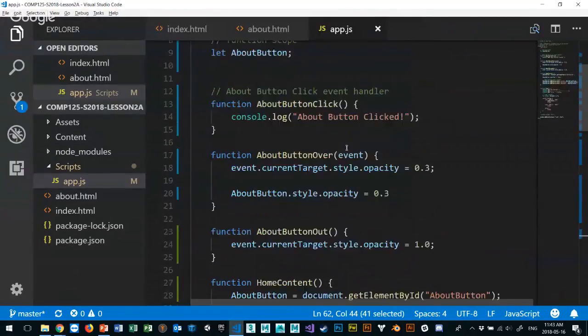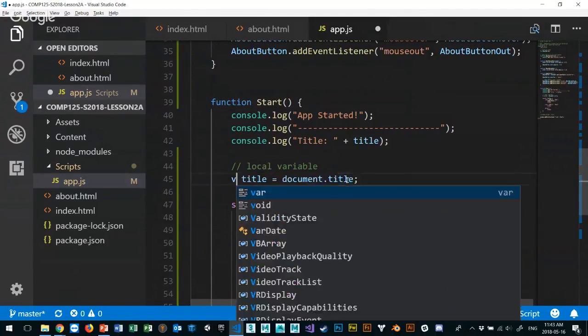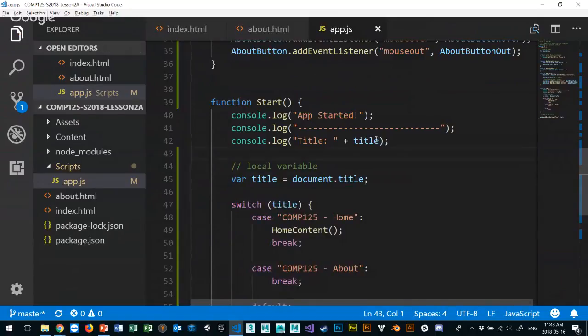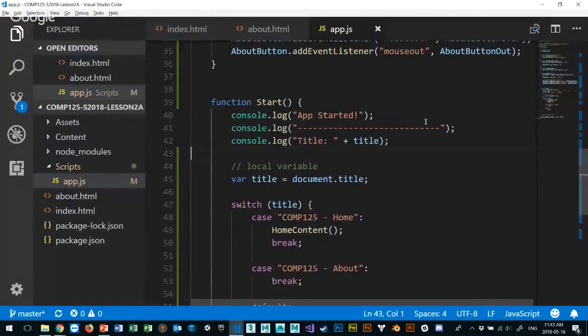And let's see what I did. I made a mistake. This is good. Why? Because I declared title here, and I'm trying to print title out here. And so it doesn't know because it's not hoisting. Let's make this a var. Let's see what the difference is. If I put var here, and it called title here, would it work? Yes, it would. Title would be undefined. That's why we don't use var. We use let because we don't want this to happen, right? If we use let here instead,